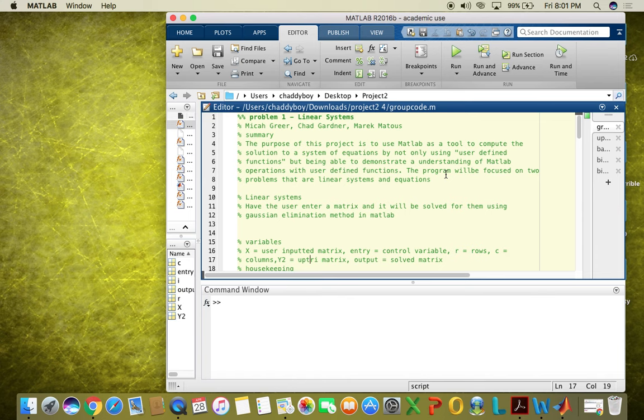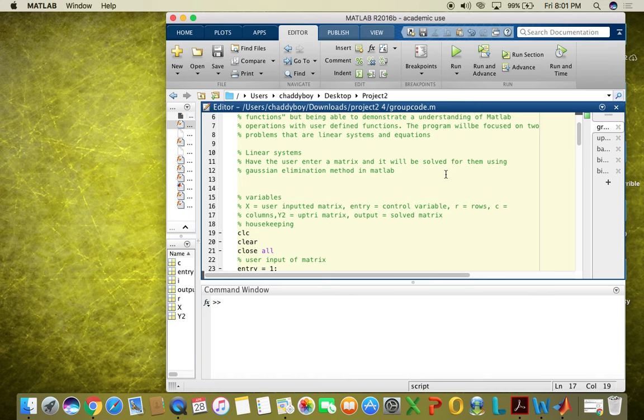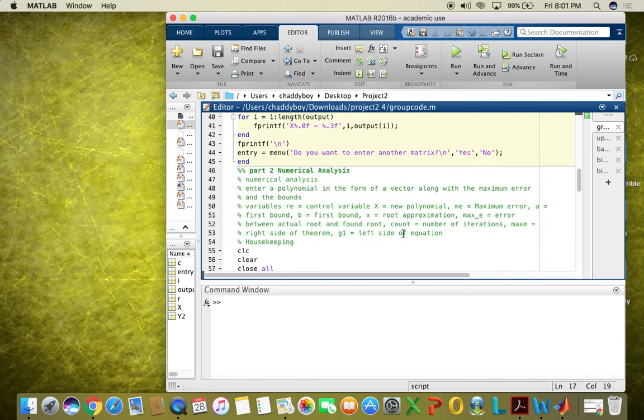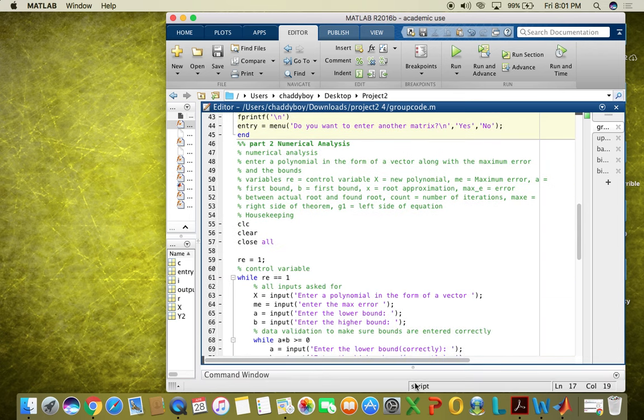The first problem is linear systems, in which we will be analyzing a system of equations and using MATLAB as a tool in order to compute these equations, and also using user-defined functions in order to perform such tasks. The second problem is numerical analysis,